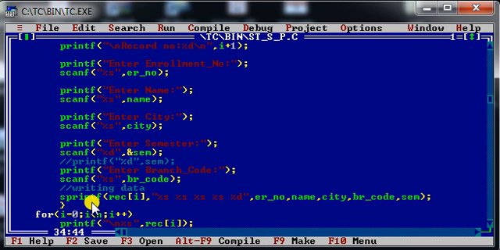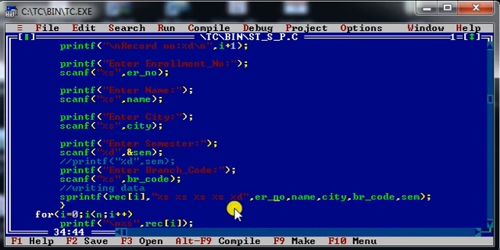Generally, the syntax for the sprintf function is as follows. The first parameter represents the destination at which you would like to store the combined string. The next argument is the format string, that is, the format in which your data will be stored in that particular destination string. And the third argument is a list of variables.